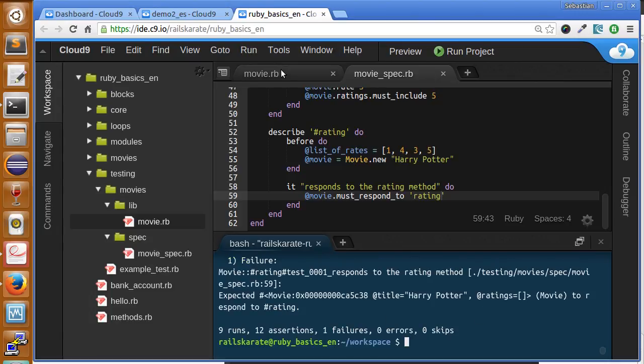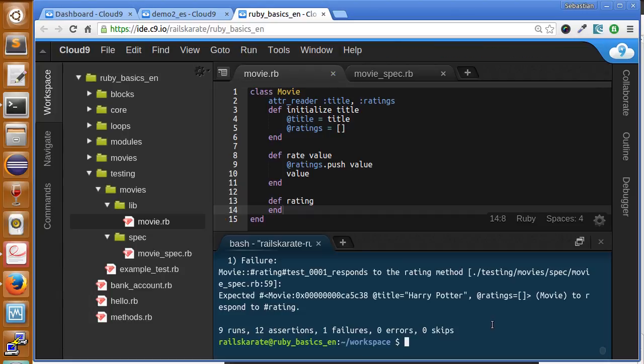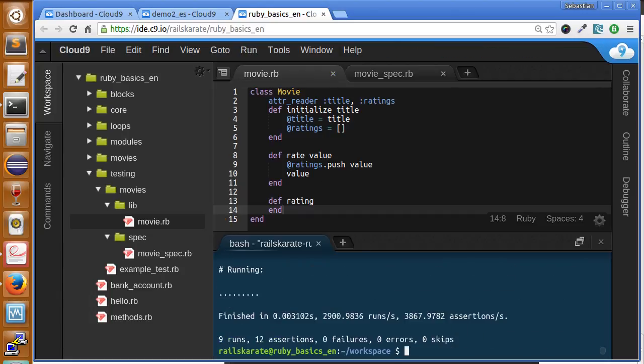Okay, it failed. So let's add enough code to make the test pass. Rating. Okay, this will be enough. Okay, we passed it. The next thing is that